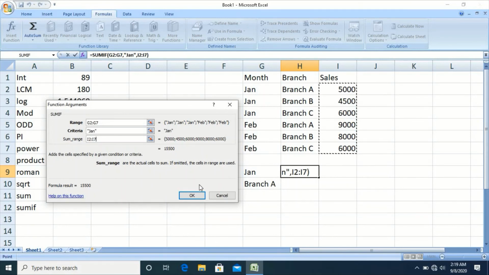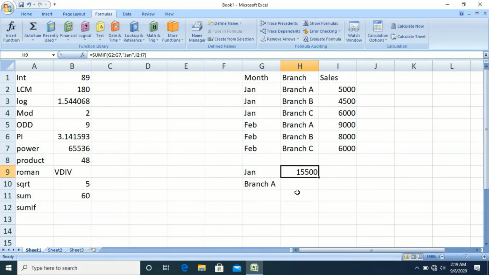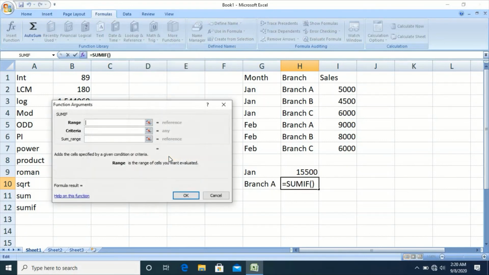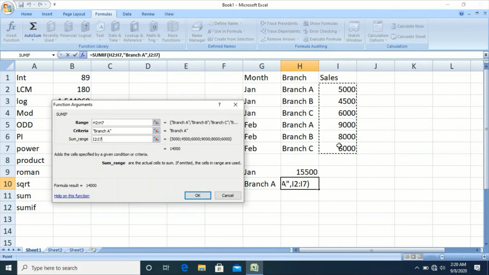In the similar way, if you want to calculate the total sales done by the branch A, select the function SUMIF. Now in this case, range will be all the branches, criteria will be branch A, and sum range will be the total sales.